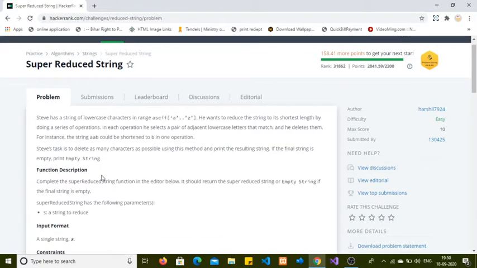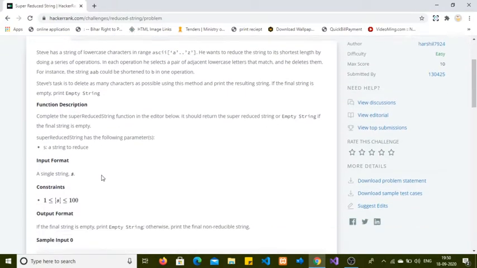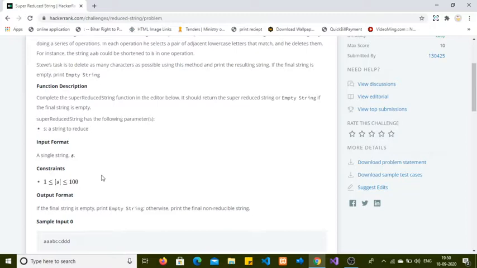Okay. Let's move to the input format. We'll discuss more about the constraints and the operation that we have to perform in this problem statement. The function description is as given.